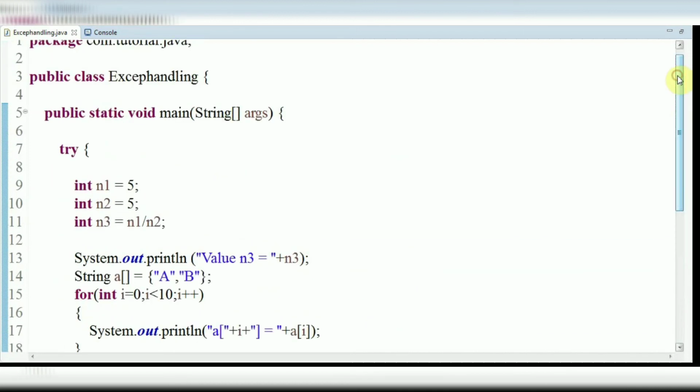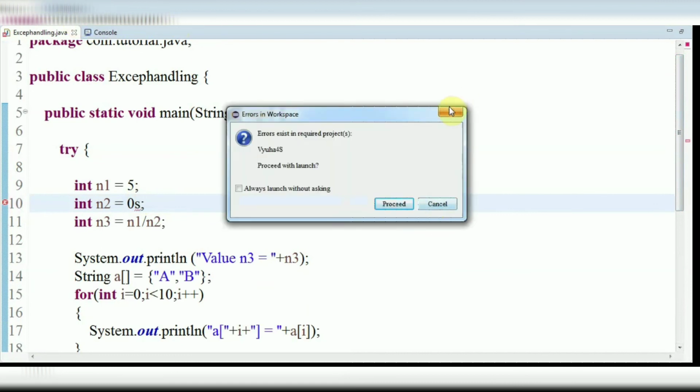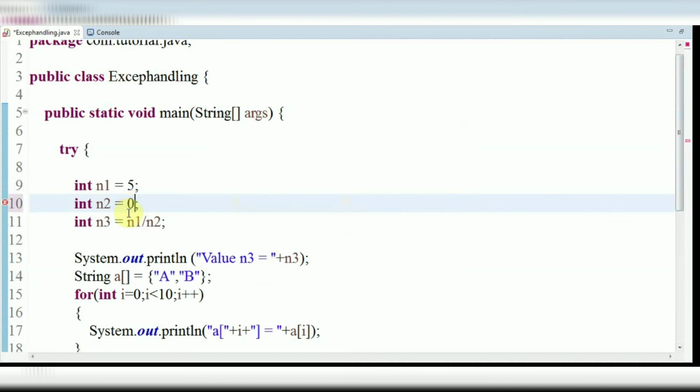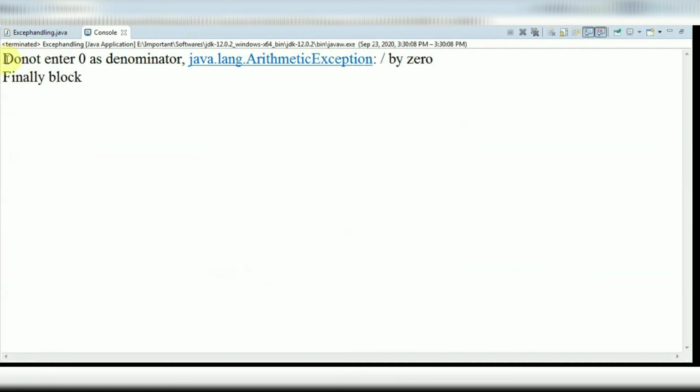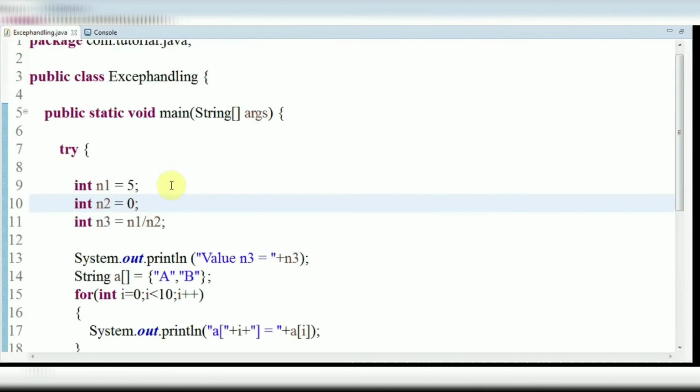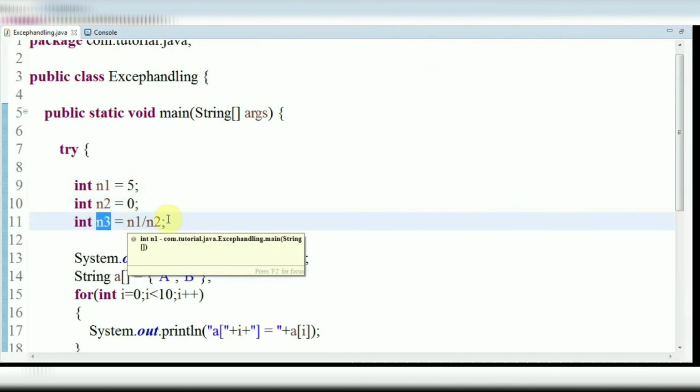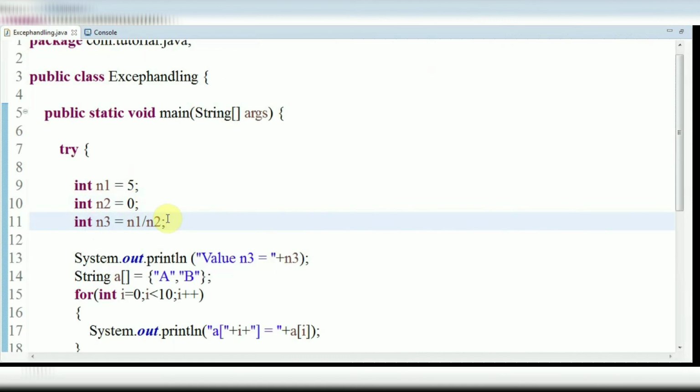In the same way, if we declare the n2 value to be 0, then save this program and try to execute it, you can see: do not enter 0 as denominator, java.lang.ArithmeticException: divide by 0. Here you can see the n1 value is 5 and the n2 value is 0. If we perform a division operation between n1 and n2, it will be 5 by 0, which